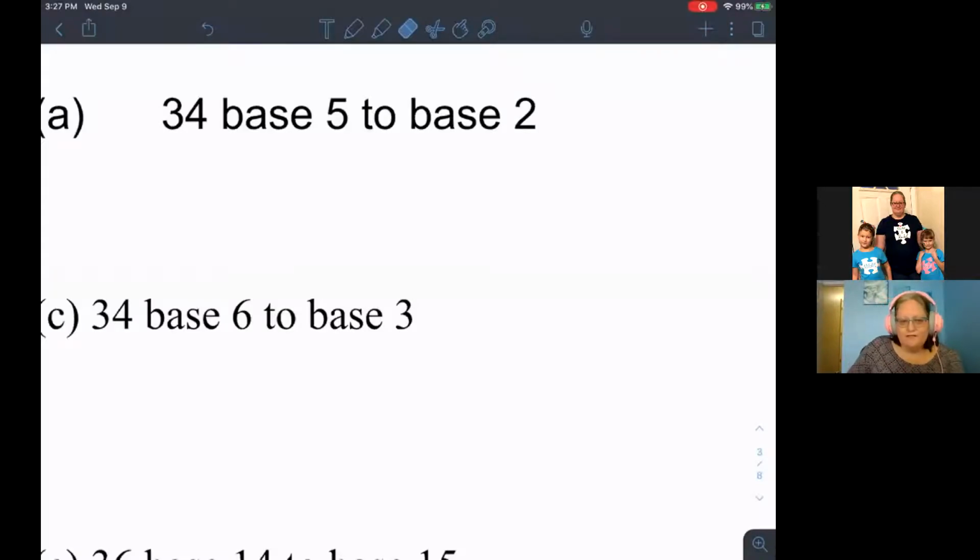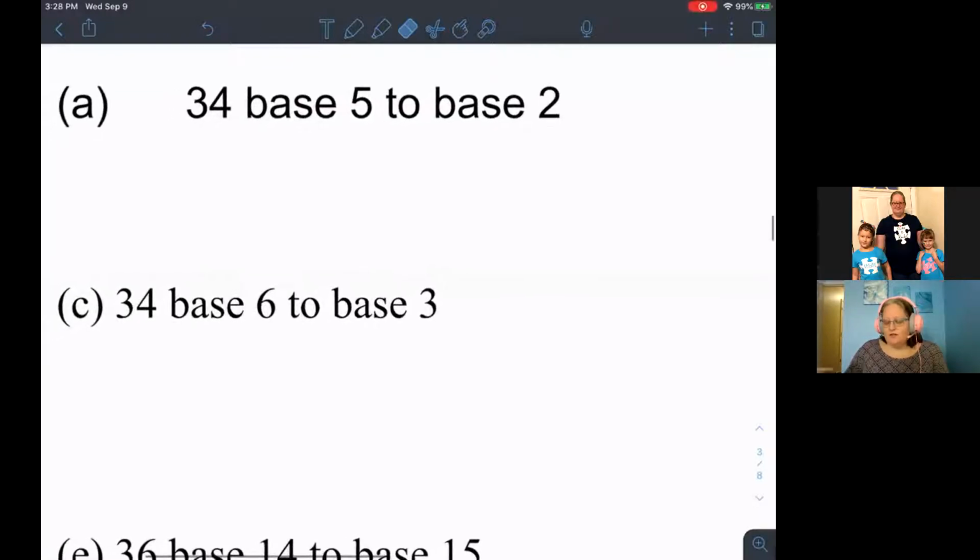Okay, let's see if we can figure out this converting one base to another base. First thing we need to do is, it's easier if we convert a random base to base 10 and then from base 10 to another base. So in order to convert